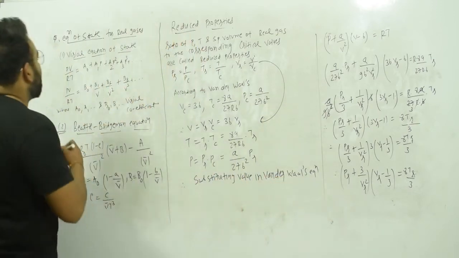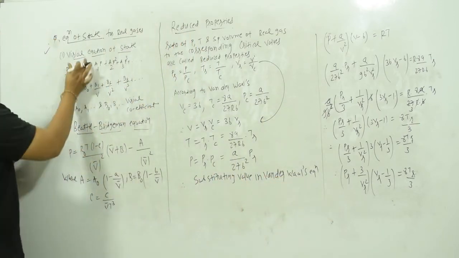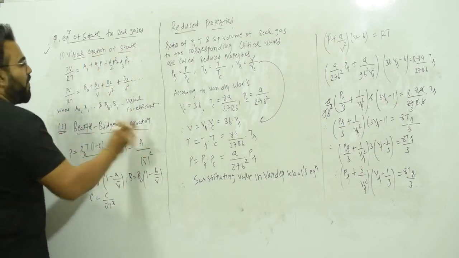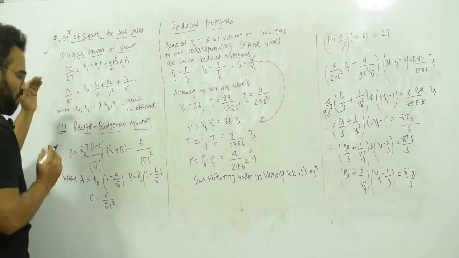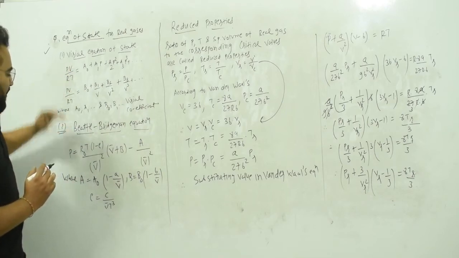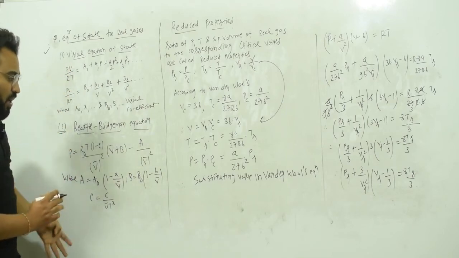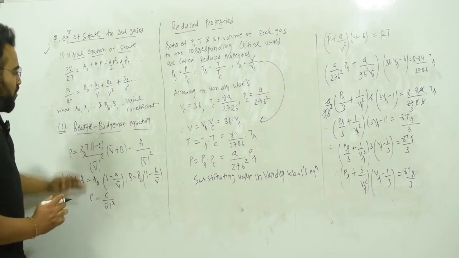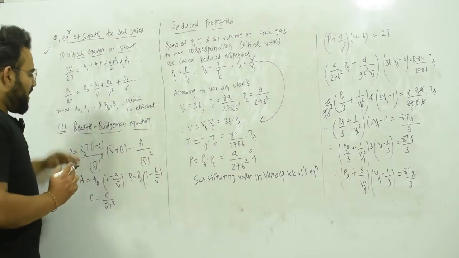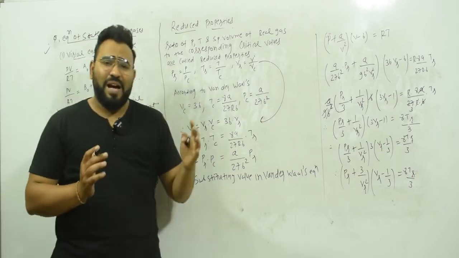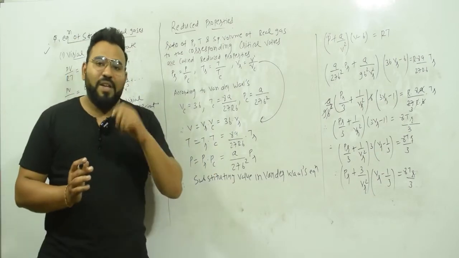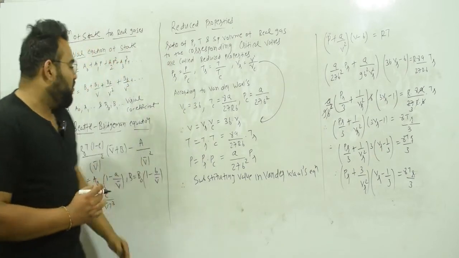Those two other equations are, first, the real equation of state and second, the Beattie-Bridgman equation. According to me this is not going to be important, because these are just equations that you have to write, and there is no derivation in the book. It has nothing to do with explanation. You have to just remember it, you have to just mug it up. So that's why I have kept it brief. But if they ask it as a 3 marks question, which I don't think they will, you should still know this statement.